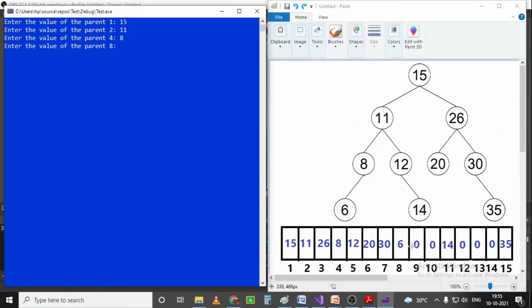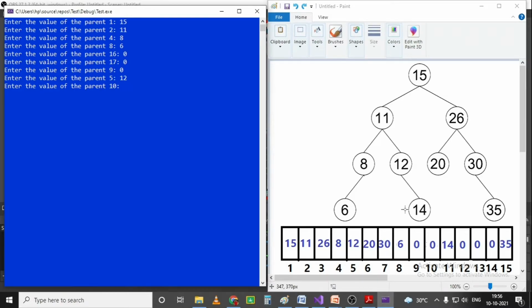I just have to enter these values here. Index 8 having 6. Index 16 doesn't exist in the program, so I will just enter 0. 17 also not there, and 9 is 0. Index 5 is 12.